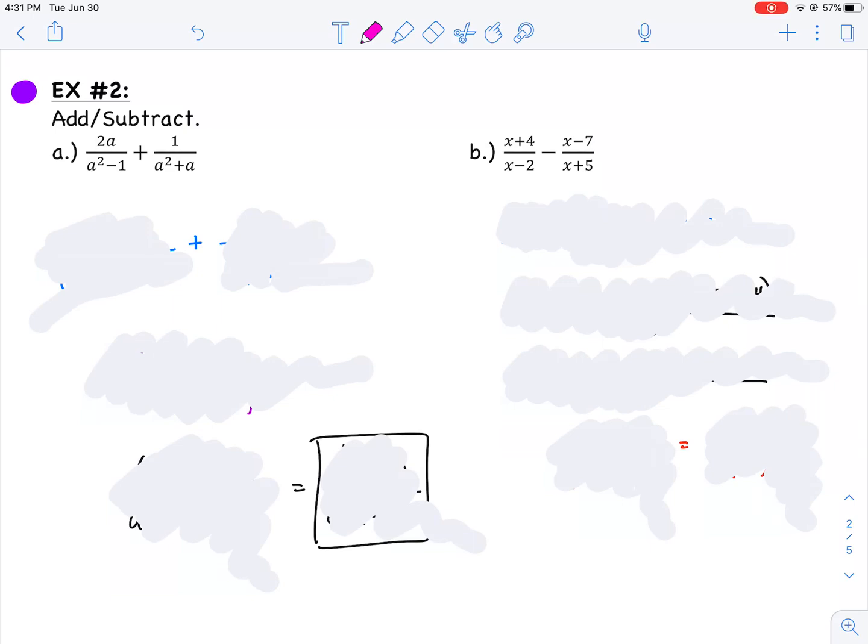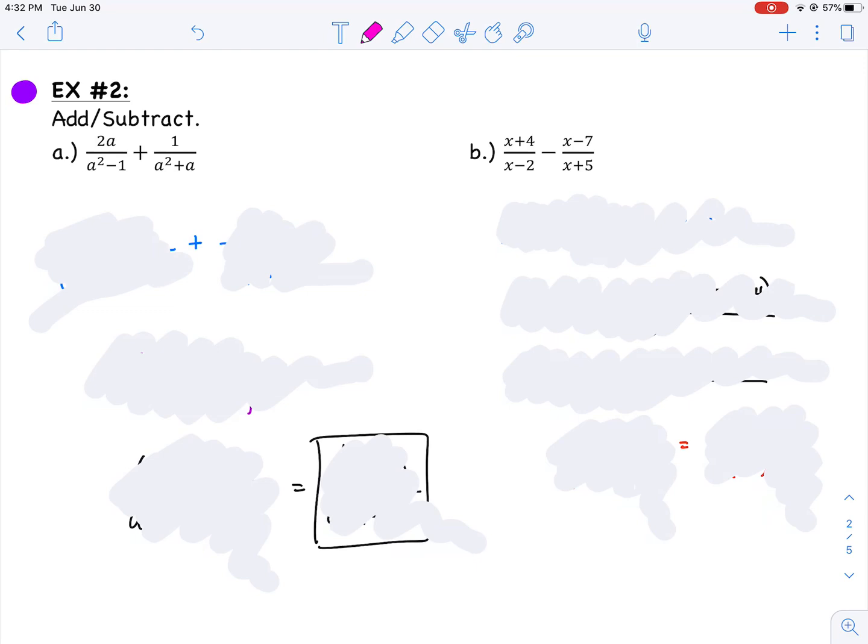All right, here's example number 2 from 6.4. I wanted to make a new video with this example because these examples get a little harder than example number 1. We're still adding and subtracting rational expressions. So let's continue to follow those steps where we factor so we can find our common denominator. Once we get a common denominator, we can combine these fractions by keeping that common denominator and adding or subtracting